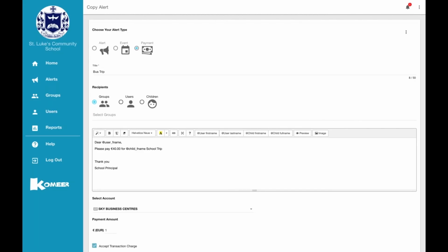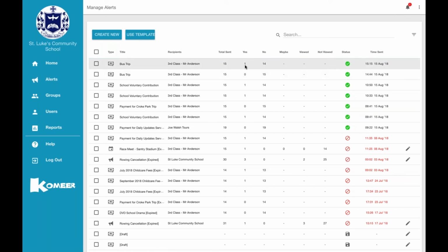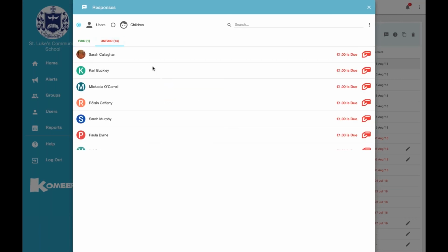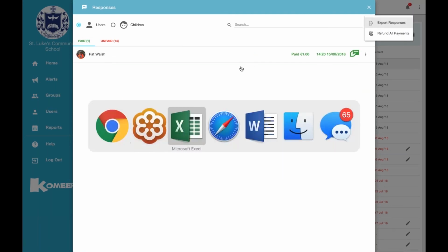So I've now sent some payment requests out and make some payments. So I can see, for example, this one, there's one payment that has come through, 14 have not paid yet. If I wish to drill down on that, I can click on the bus trip, alert has gone out, click on our responses, and I can see who has paid and what they have paid and when they have paid. Okay, I can see who hasn't paid yet. So I can see the parents who have not paid their bill yet. Simple as that. I can choose to export that, and that will go out in an Excel file like so,